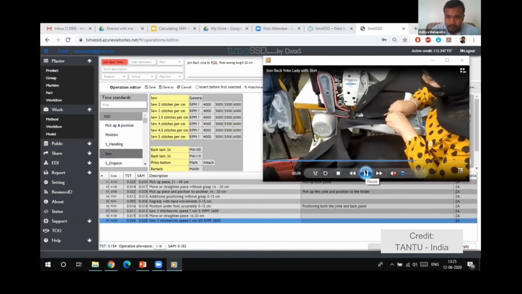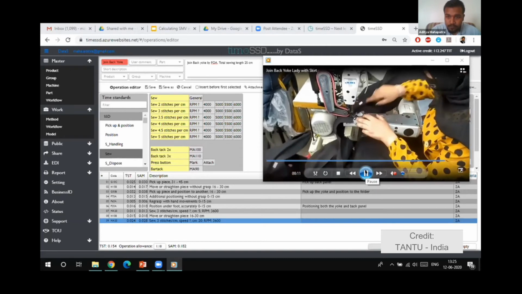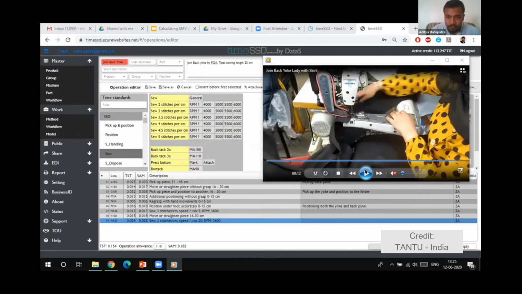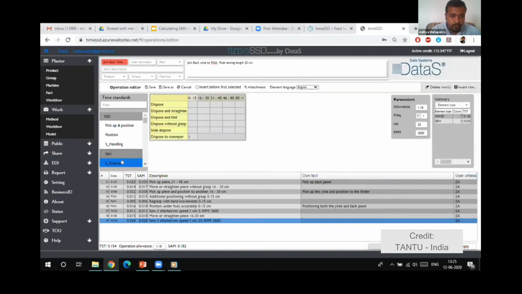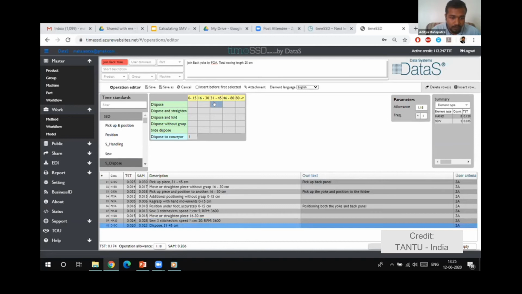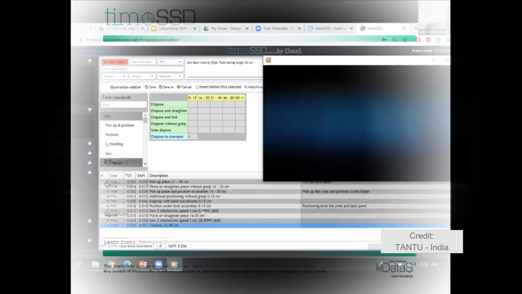After the sewing is done, the operator's hand is moving, taking the piece and finally disposing of the piece. So for disposing, from here we'll now select dispose 31 to 40 centimeter. So here our complete analysis of this operation is done.